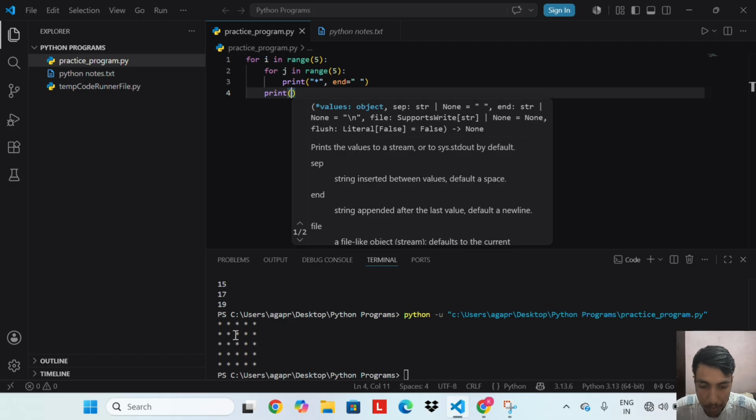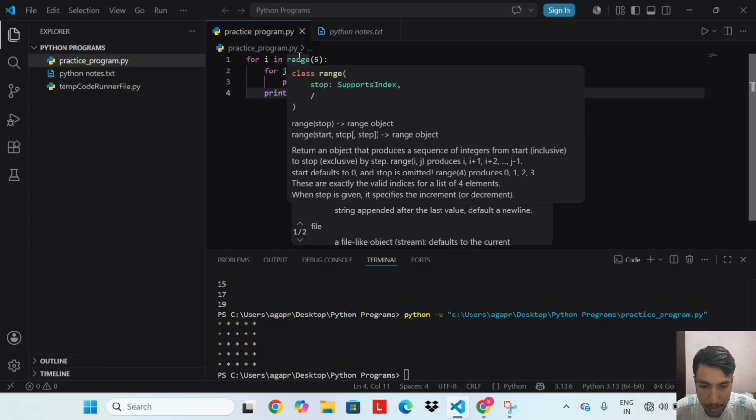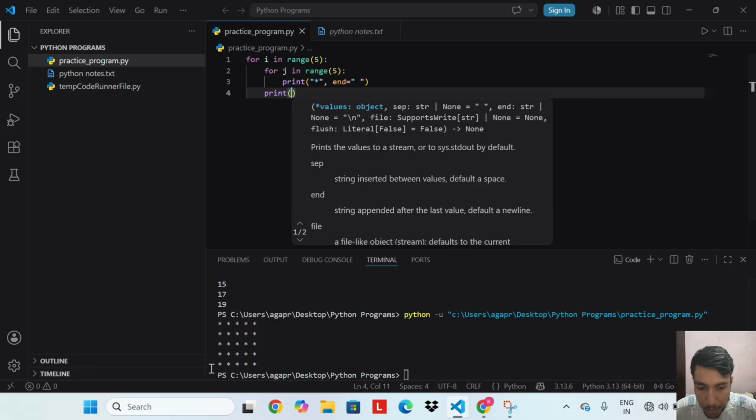Output: a 5 by 5 grid of stars. The outer loop runs 5 times. These are the 5 rows. For each row, the inner loop also runs 5 times, printing one star followed by a space each time, using end equal to inverted commas and space to stay on the same line.